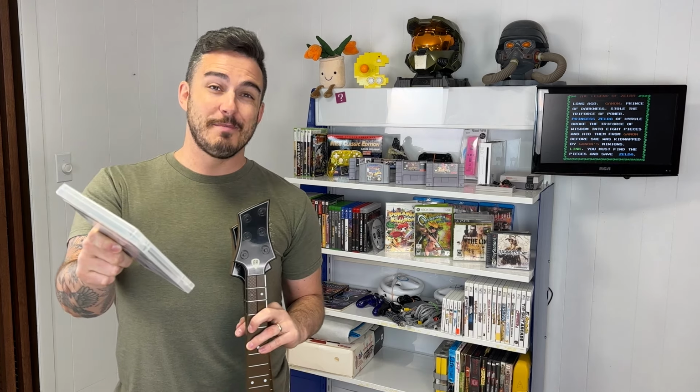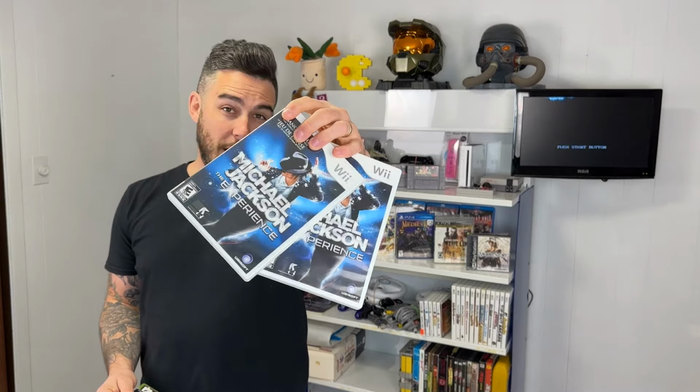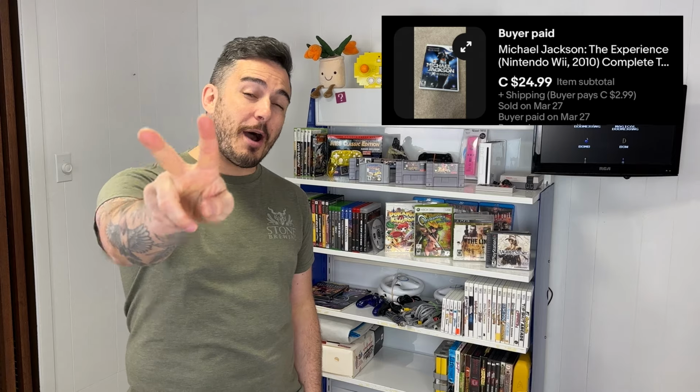Let's kick things off with some sales, and first off, these two Guitar Hero Live guitars sold on Facebook Marketplace for $80. I'm actually bringing these back to my hometown. We're gonna sell them to a local reseller for $80, so just like that, some cash right into the Game Room 2 Fund. Last week we went all in on Michael Jackson The Experience on the Nintendo Wii. We actually sold 2 copies on eBay, leaving us with just 1 in the collection. Those 2 games sold for a combined profit of